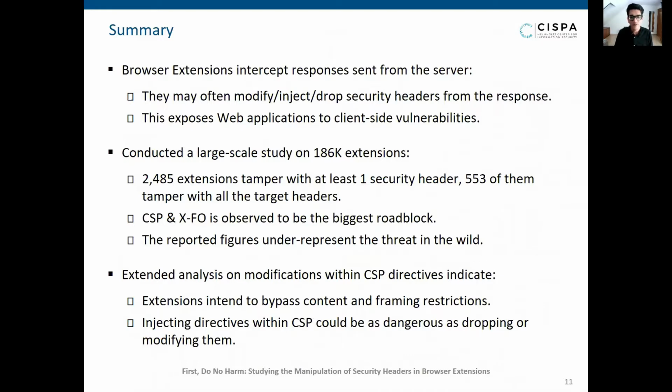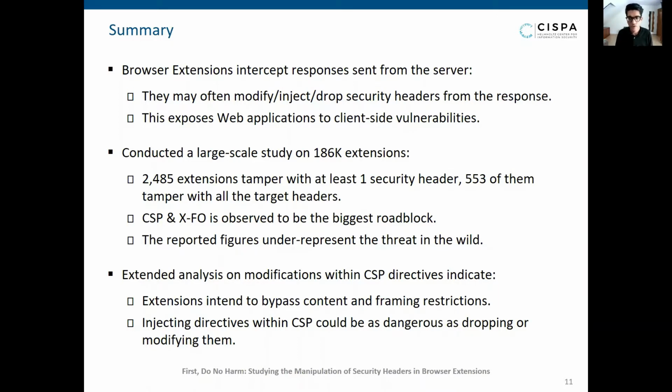So to summarize our work, we saw the criticality of security headers among web applications and also the capability of browser extensions, so much so that they can modify the security headers at the client side at their own will to carry out their seemingly benign functionality, which could either be benign or malicious.